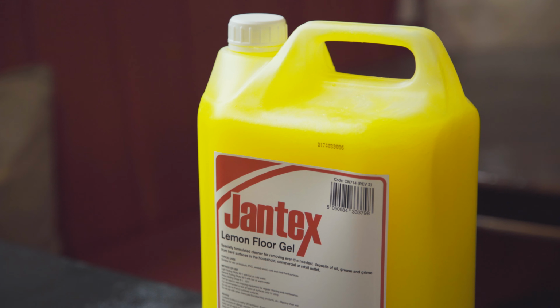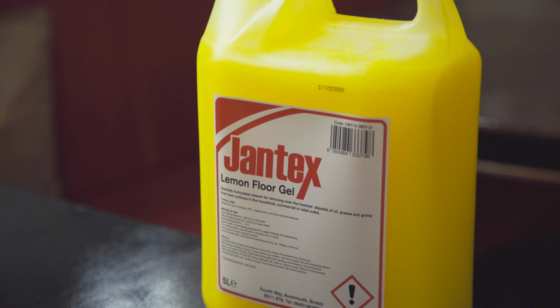stores, until a manager from Jantex came to meet us and introduced the products, and since then we're only using them. I use Jantex lemon floor gel. It's very efficient on stains. The concentration of the gel is perfect. Even stains on the floor, it kind of scratches all the remaining strong stains, and also it leaves a very nice smell